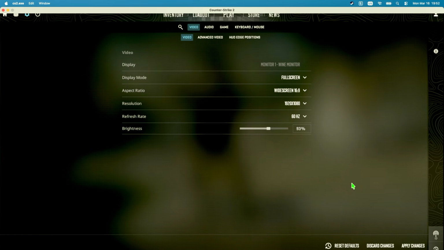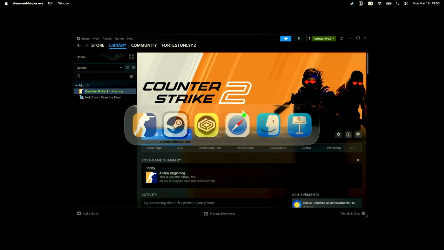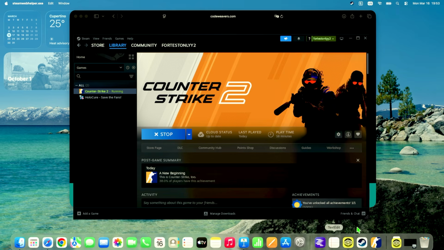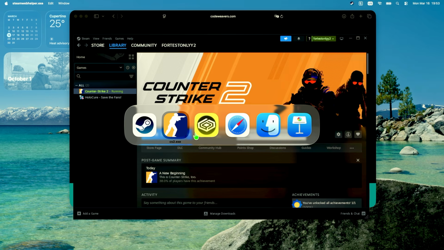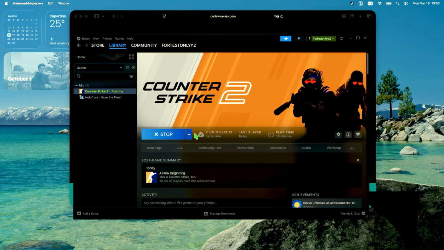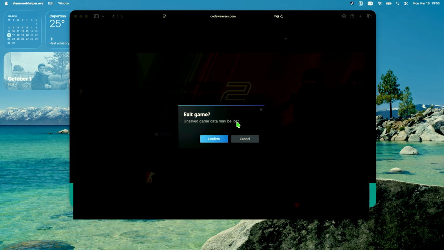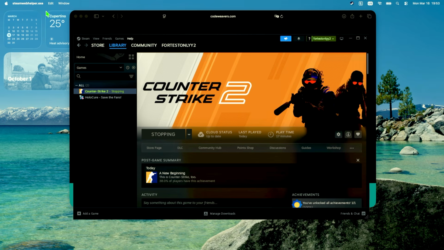and after that we're gonna have to select apply changes, and for some weird reason after that my game goes dark, and I wasn't able to revert it for the first time, therefore we're gonna have to do this. So press Command Tab, stop the game if you have the same issue, then confirm,